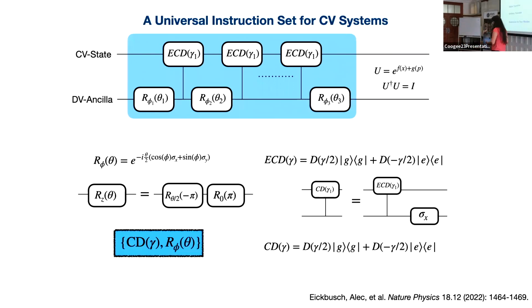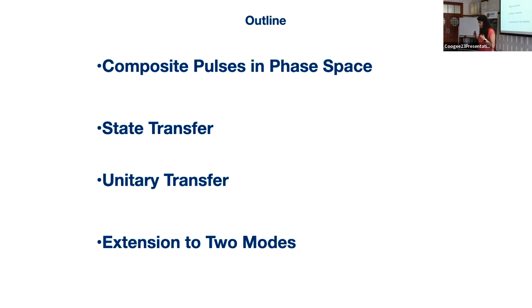So my talk's going to be outlined as follows. The very first bit, I'm going to describe my framework, which is essentially composite pulses in phase space, to study state preparation. Then I'm going to show you how we can use this framework to do state transfer. And then I'm going to come to unitary transfer just for GKP states, because this framework works amazingly well with GKP states. And then finally, I'm going to show you some extension to two CV states, or two modes, which